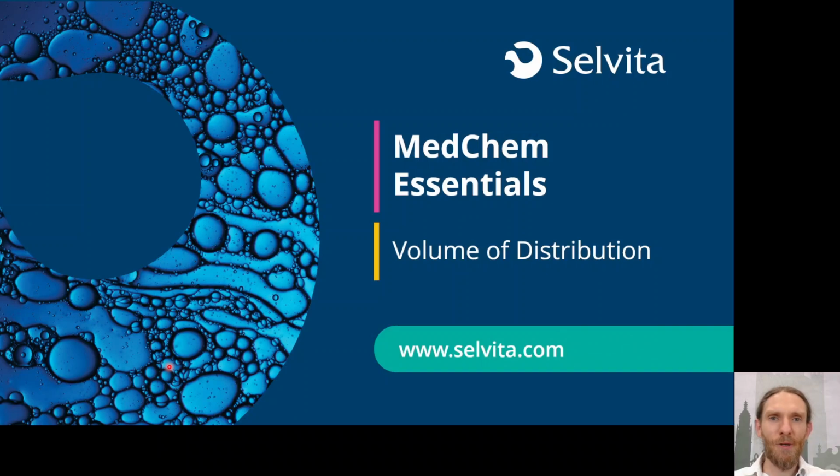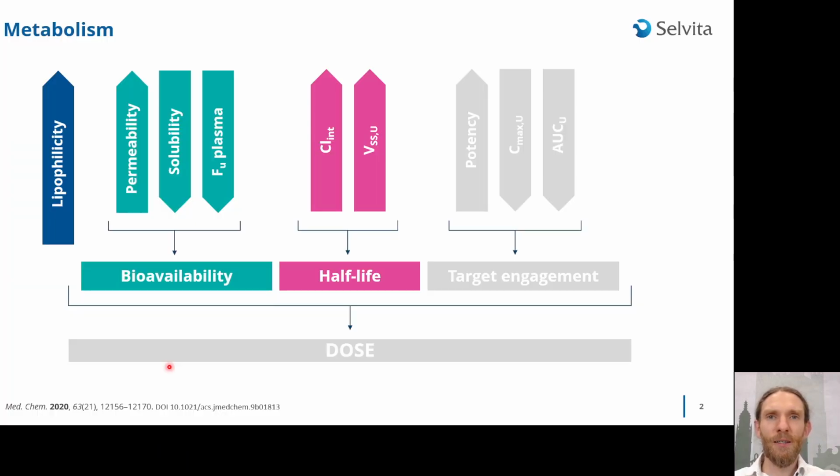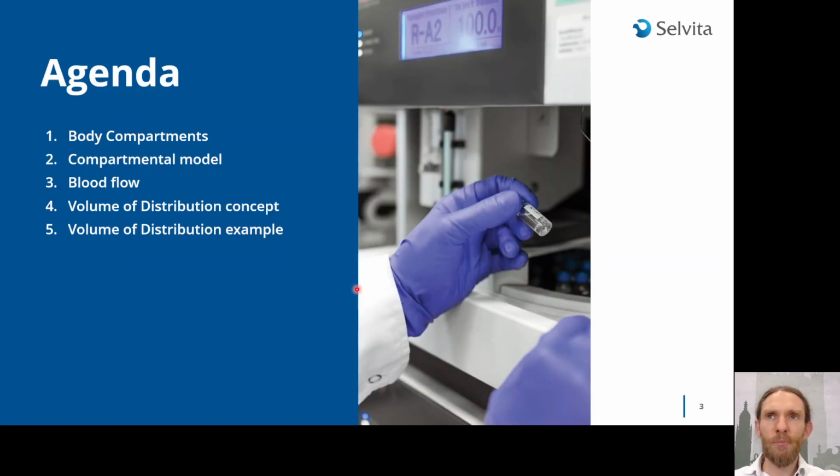Today we'll be talking about volume of distribution. This is part of the second large block of our series related to half-life. Today we'll be talking first about body compartments, then about different compartmental models, and finally about blood flow, and then we will move into description of the concept of volume of distribution and some practical example illustrating the concept of